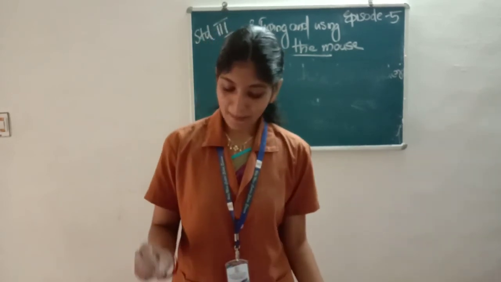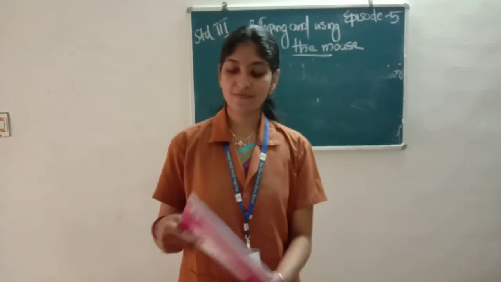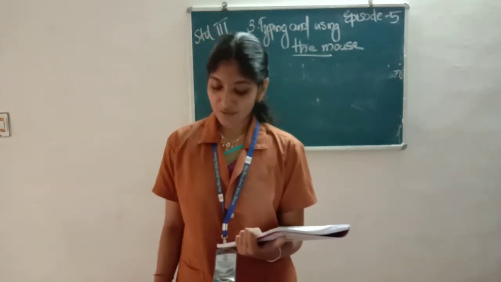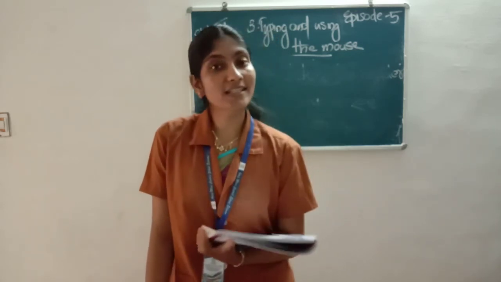So alphabet keys are used to enter: A, option, numbers from 0 to 9; B, alphabets from A to Z; C, a blank space when pressed once; and D, signs. So what is the question here? Alphabet keys are used to enter. We already discussed the alphabet key. In that alphabet key, can you tell me which letters we have to type in the computer? Alphabet keys are used to enter alphabets from A to Z. So option D is correct. That's why it is called alphabet key.